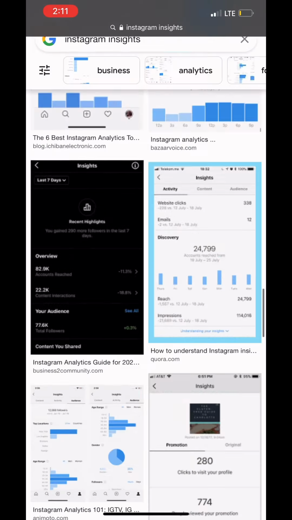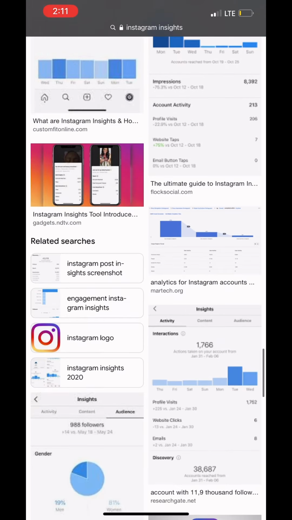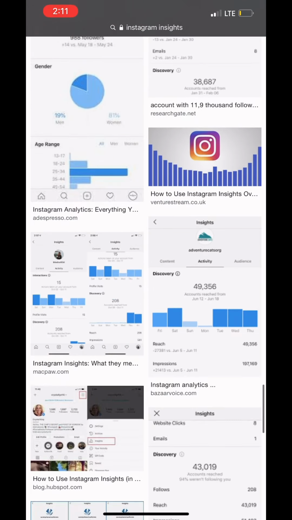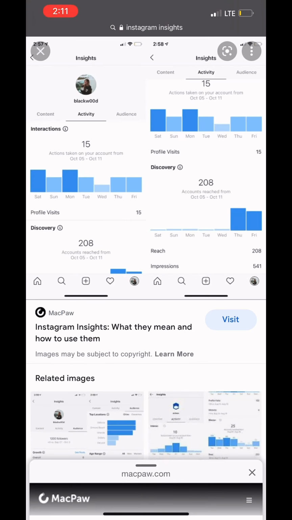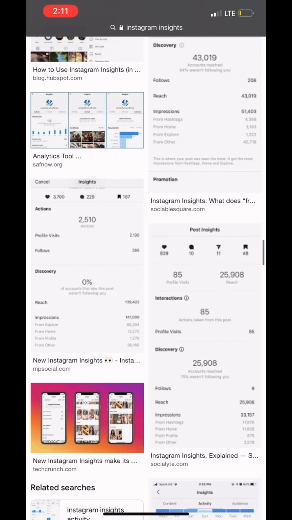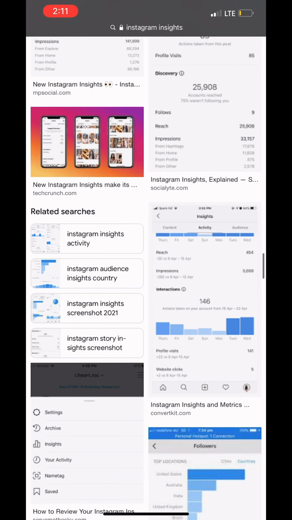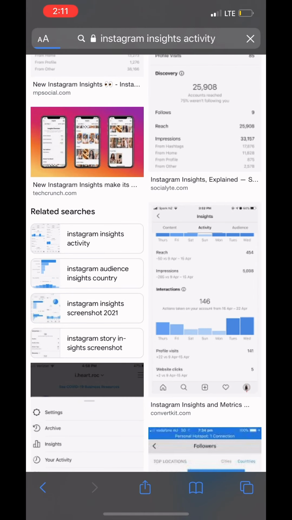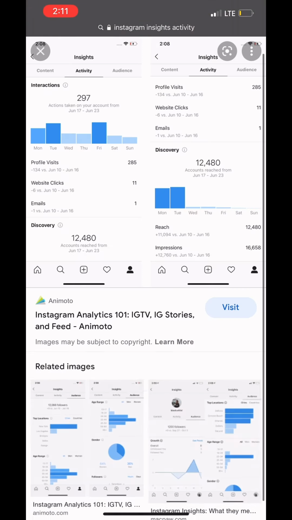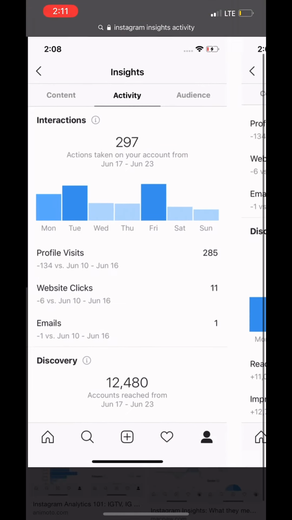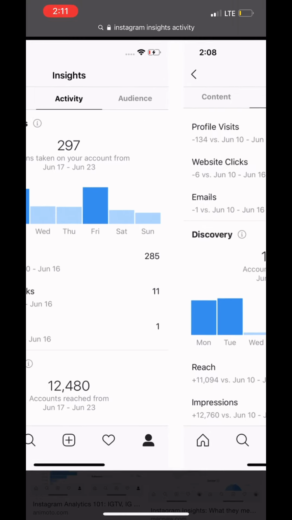Yes, it's great to build a bigger audience, which we're going to work on, but it's also important to keep the audience that you already have engaged and active on your page. So you need to know when the best time to post is, first of all. Is it Friday at 6 p.m. or is it Wednesday at 7 a.m.? This will help you, because if your audience is on Instagram at Friday at 6 p.m., that's when you want